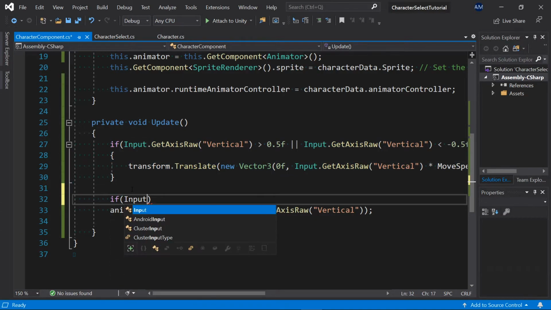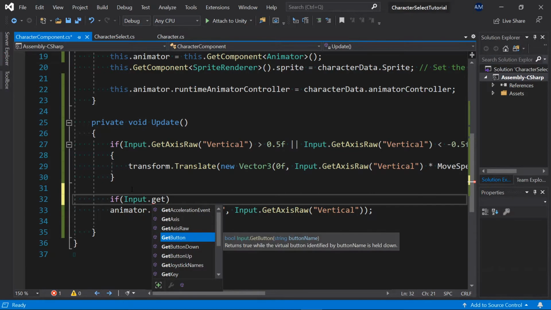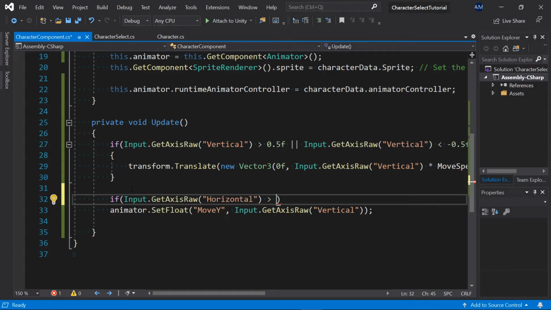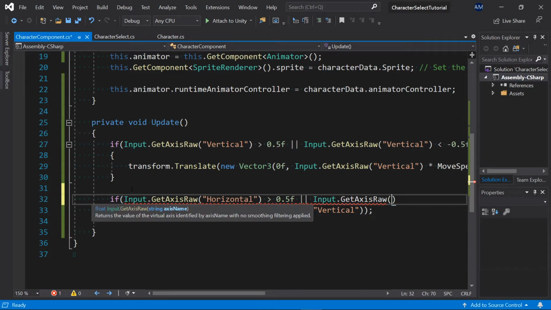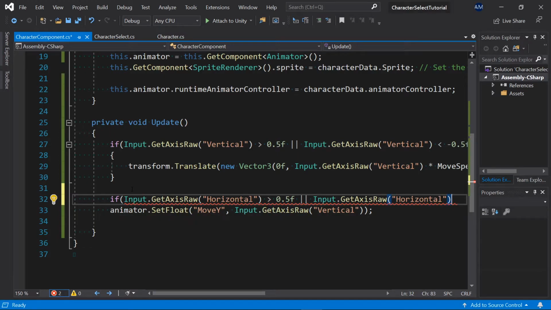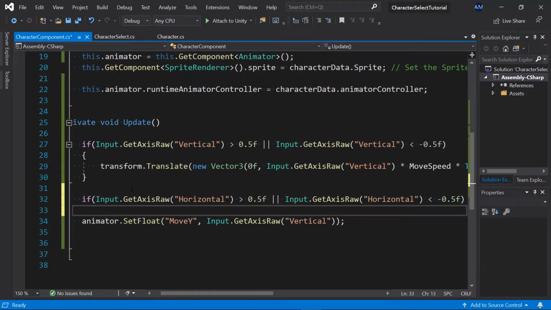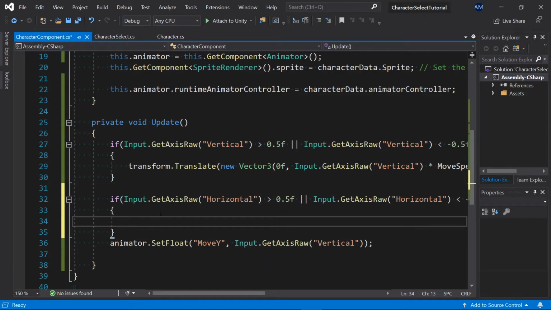If Input.GetAxisRaw("Horizontal") is greater than 0.5f, or Input.GetAxisRaw("Horizontal") is less than negative 0.5f if we're moving to the left. Okay, come into here, and then we'll do